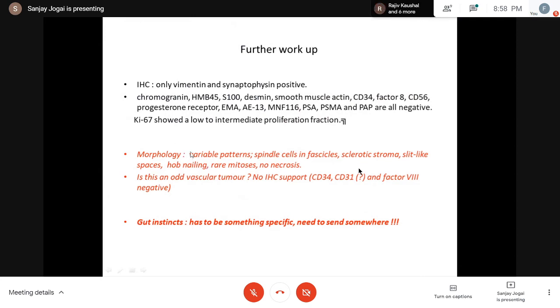Now, as I emphasize, variable patterns, some spindle cells, some sclerotic stroma. Is it showing some slit-like spaces? Mitoses are not prominent, there is no necrosis. Could this be an odd vascular tumor? But then CD34 and factor 8 were negative, CD31 I wasn't sure, because with CD31 we sometimes see a bit of background. Now, by this time I had already run out of ideas, so I had sent it to Brompton, I had sent it to Marsden,